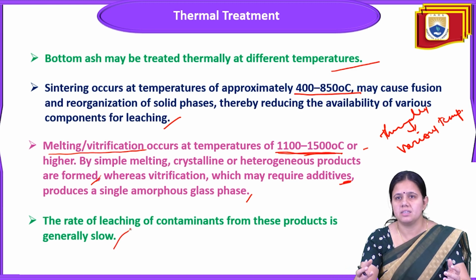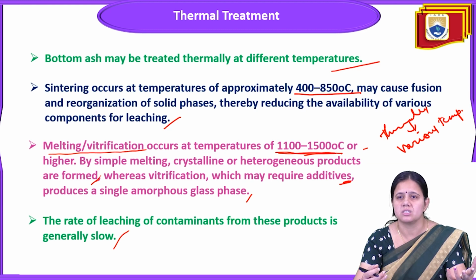So these things have been added to prevent the release of contaminants again into the environment. To stop these contaminants, they cannot be released back into the environment. So like that, this thermal treatment will be there. This thermal treatment will thermally treat the ash at a very high temperature, sometimes like 400